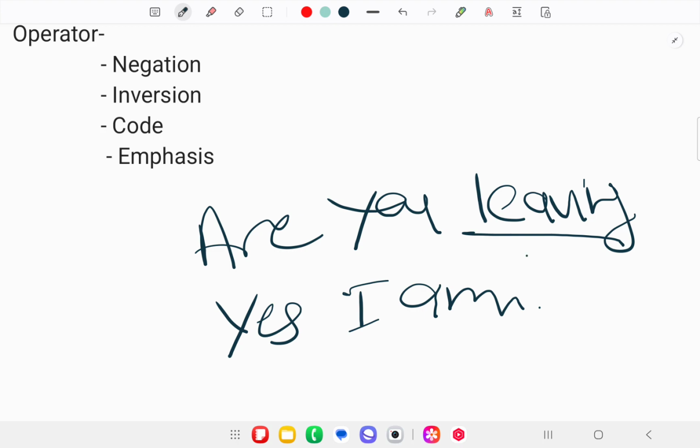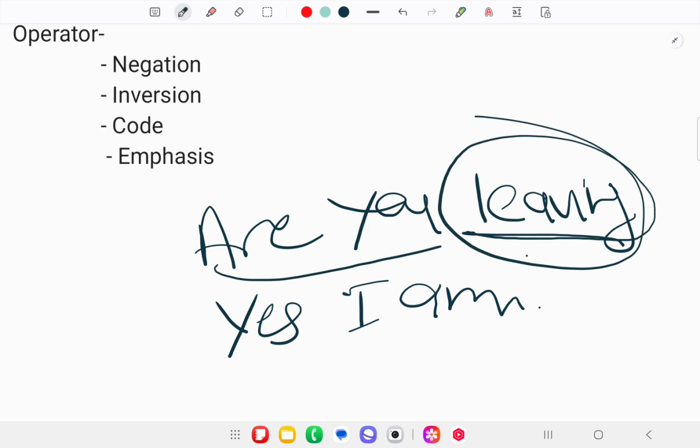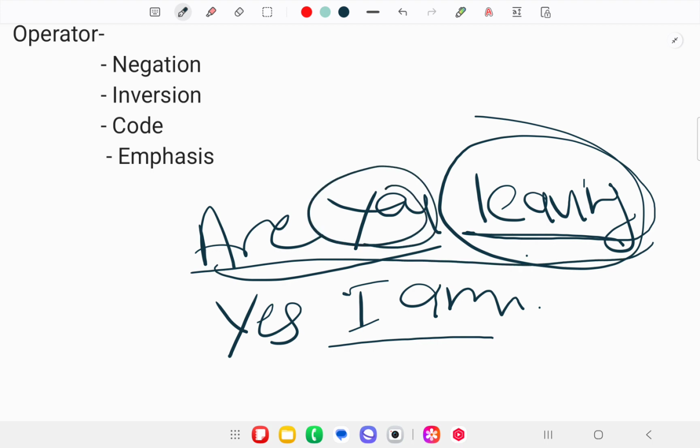Means if I say "are you leaving?", then this is already understood by this person: yes, I am. Means for whom this point is going to be said, for you. If anybody says to you "are you leaving?", then you will say "yes, I am." Okay, and also we can take any example, like if I say we haven't